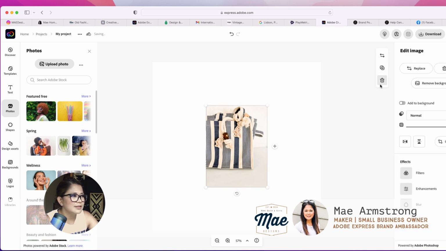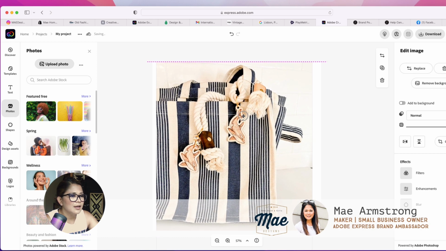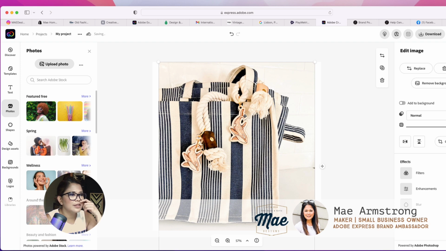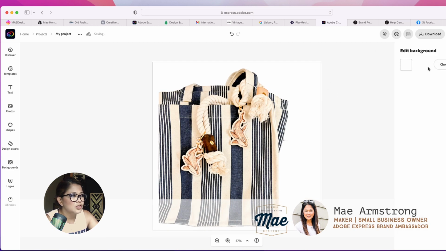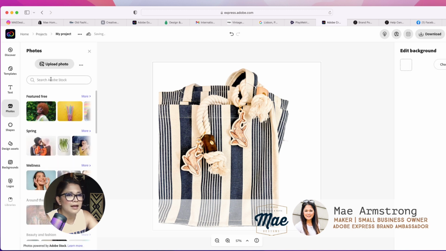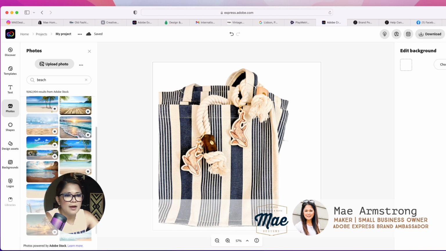It is not the right size, and so I am going to expand this real quick. This is actually a lifestyle photograph that I created, and it is my tote bag, like I mentioned earlier. And now I'm going to hit OK. You can change the background, or you can choose an image. I think I'm going to use an Adobe Stock image, and since this is a nautical theme, I'm going to